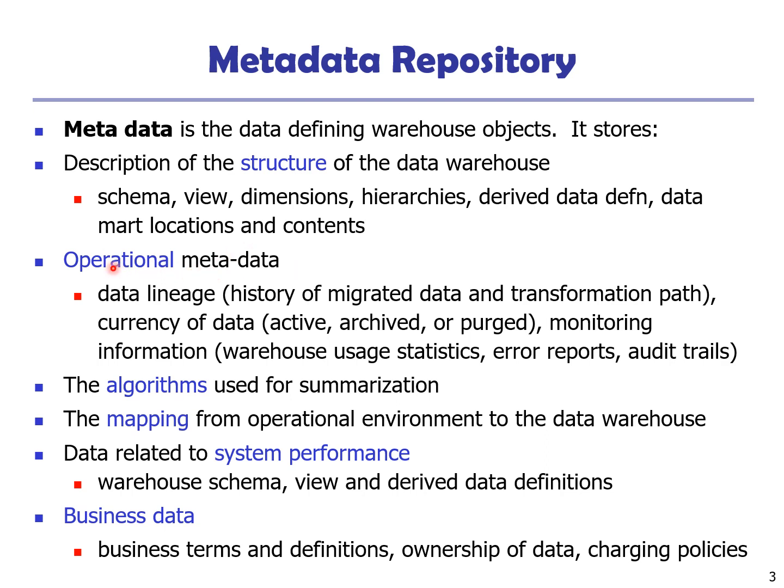Operational metadata, we do have operational metadata, which is data lineage, history of migrated data and transformation path, currency of data, active, archived, or purged, monitoring information, warehouse usage statistics, error reports, and audit trails. So we use operational data in order to allow us to